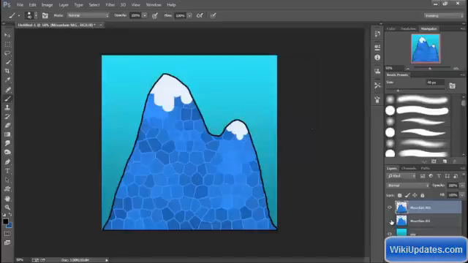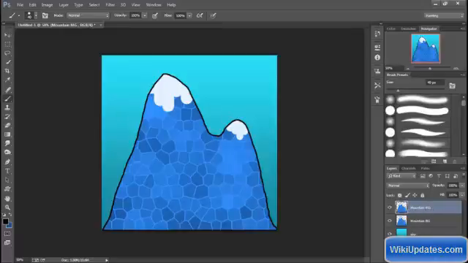Now, as you can see, we've got basically the same thing. And the reason I'm doing this is so that we can have some parallaxing effect in our game. But even if it parallaxes nicely, with the colors being identical, it's just not going to be very good looking as they go by. So the first thing we're going to do is change up the color of this mountain